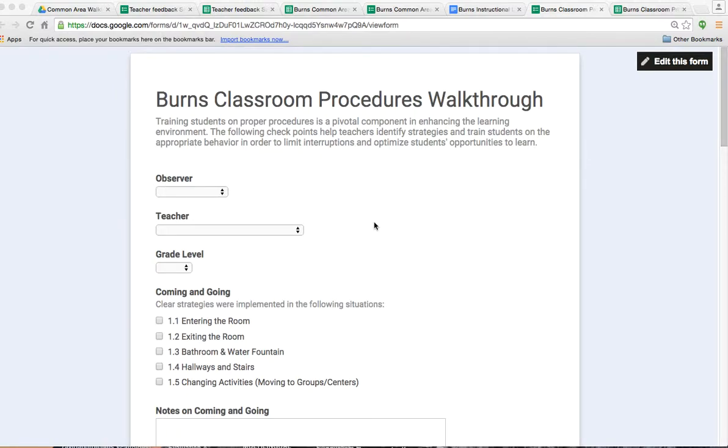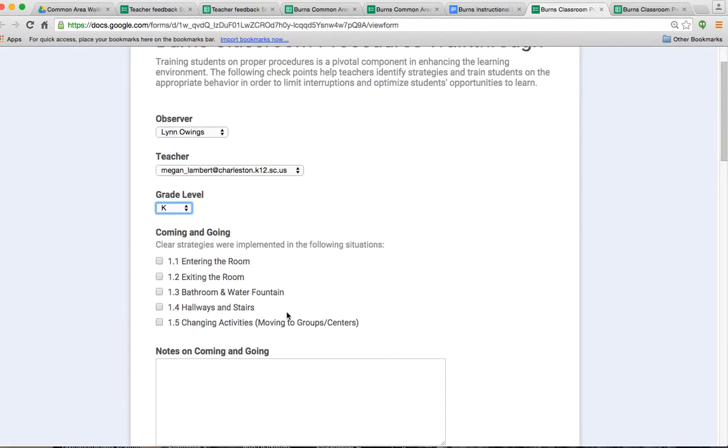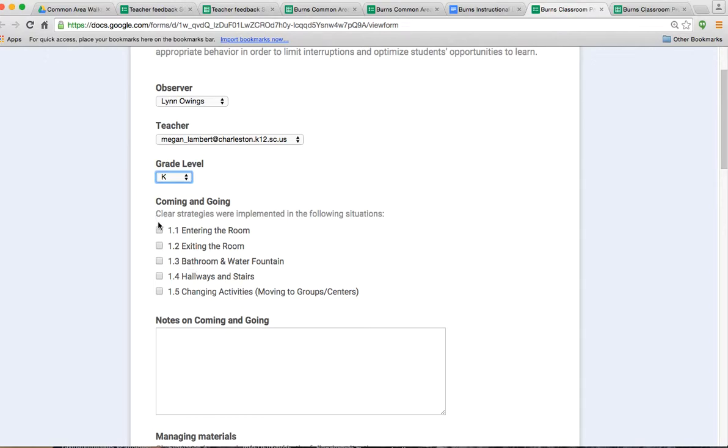The tutorial is to, again, help you understand how to submit a form and then how to read the data that's produced to the spreadsheet. So you're going through a procedures walkthrough, you click your name as the observer, you click the teacher, and all the teachers' emails will be in here, and that way the teachers immediately receive an email. Then grade level, and then obviously we can tweak the questions, but say,